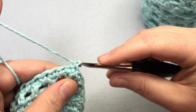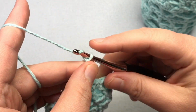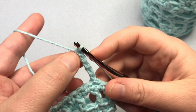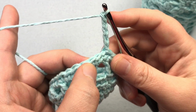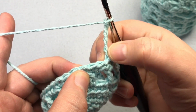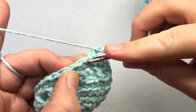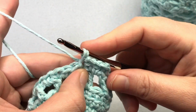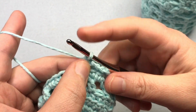Chain 5. 1, 2, 3, 4, and 5. And that's going to count as a double crochet and a chain 2. Now we want to single crochet. We're going to skip the next 2 stitches and go into the 3rd one. So don't count this one right down below here, because that goes with this post here. So we're going to come all the way down. We're skipping 1, 2, going to this 3rd one, single crochet, pull up a loop, yarn over, pull through, and then you're going to chain 2,